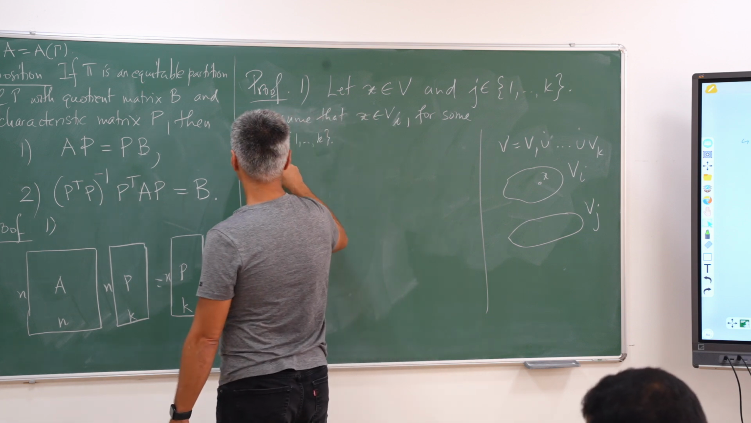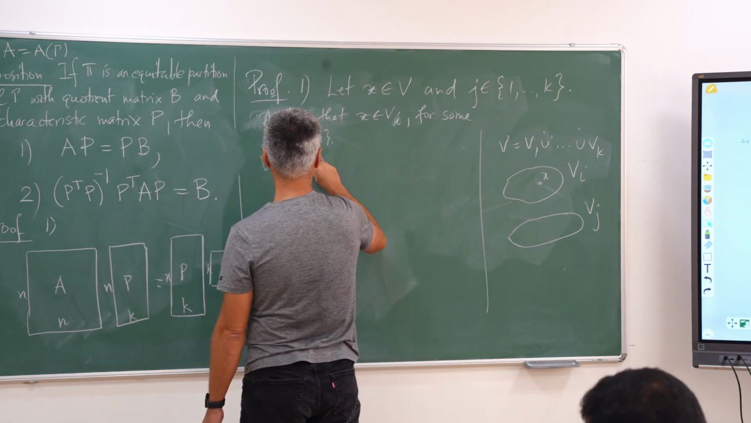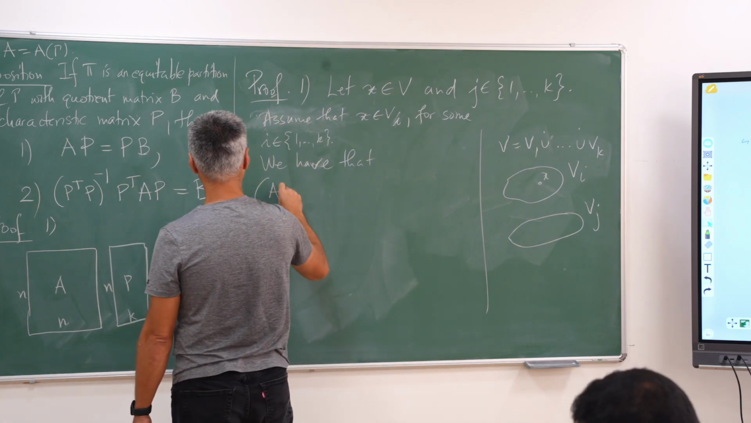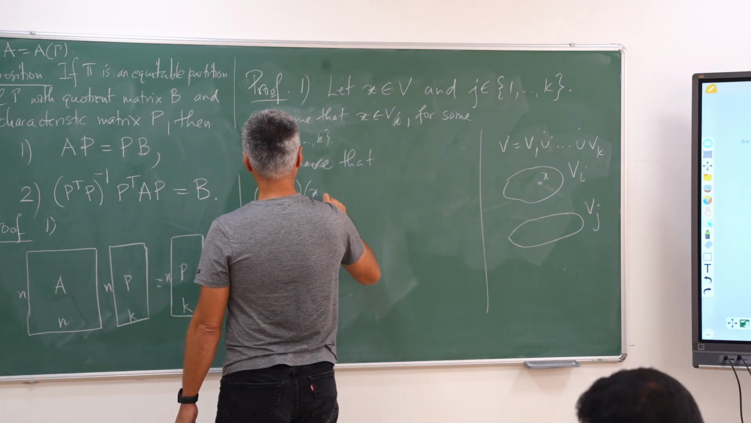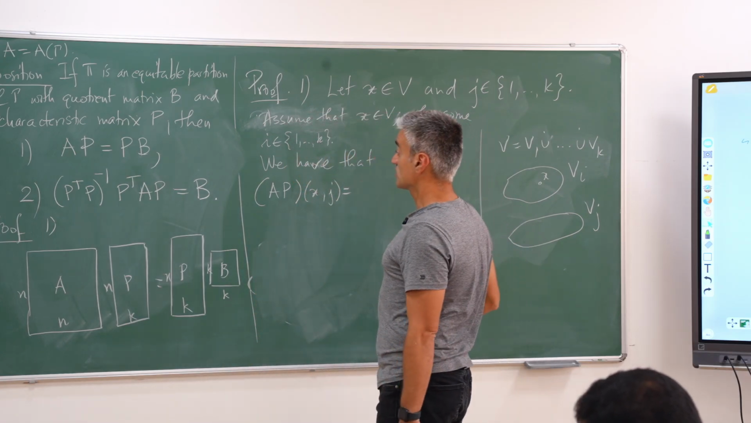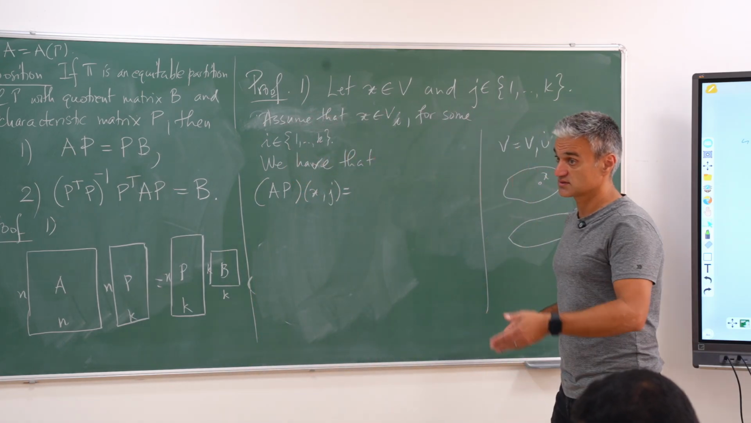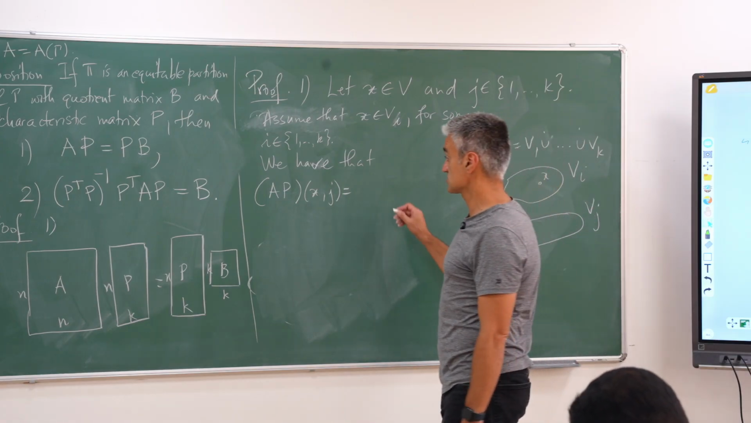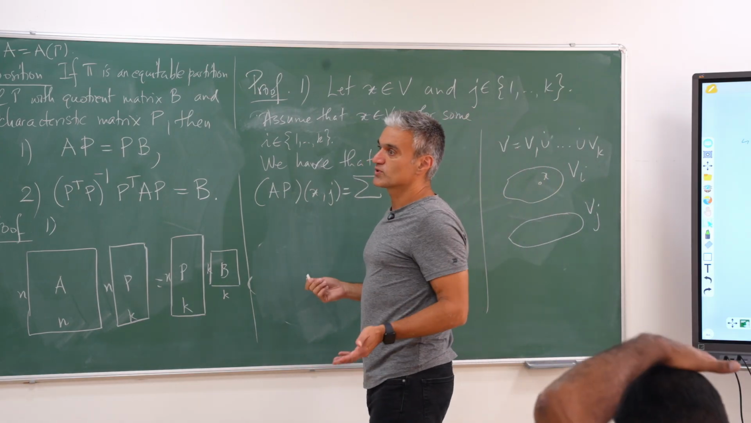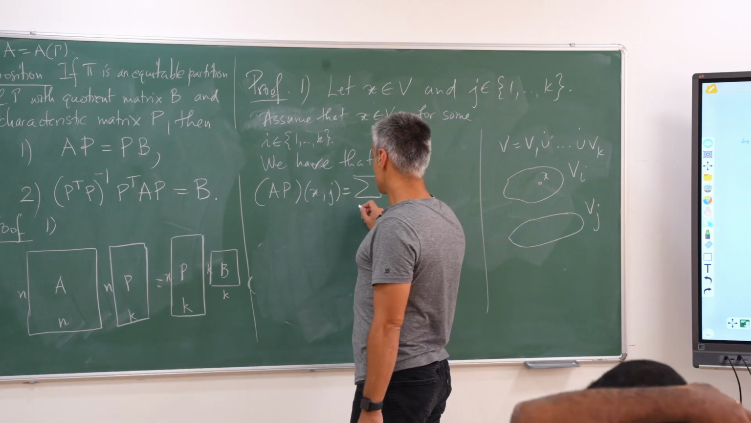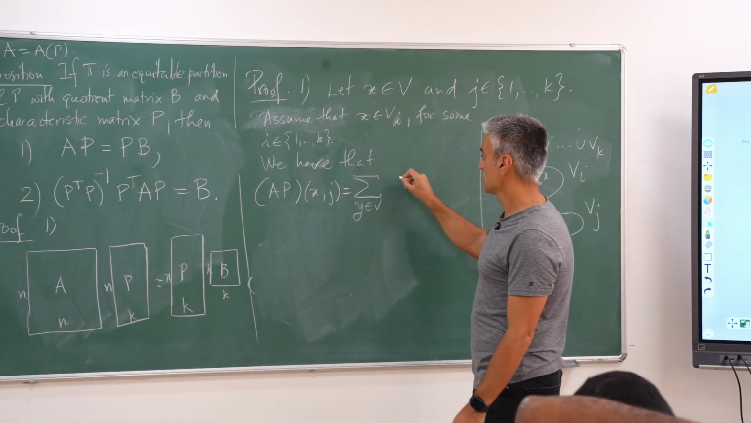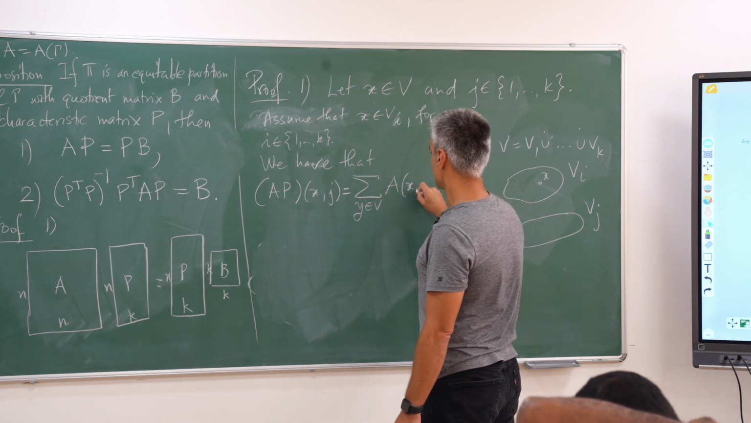Okay, so now we start calculating. We have that. AP in the position xj. So what will this be? It will be the row of x in a product with a column of j. So it's going to be, so what labels that? That's going to be labeled by a y, summation over all y in V, AXY,